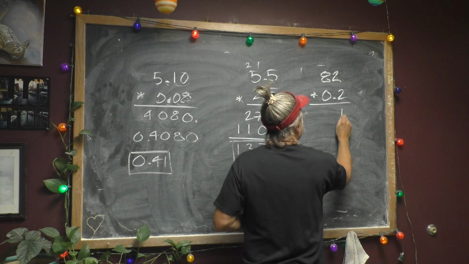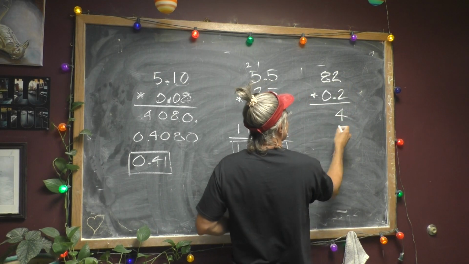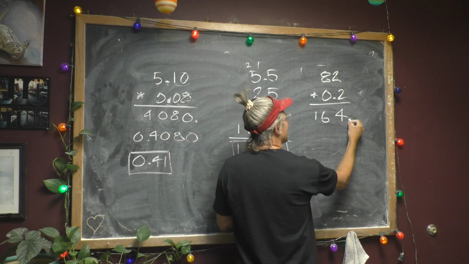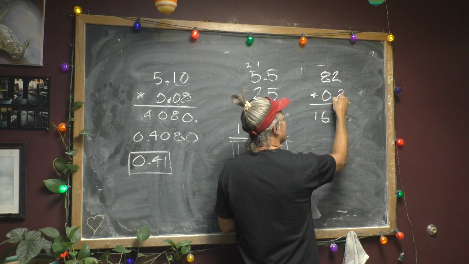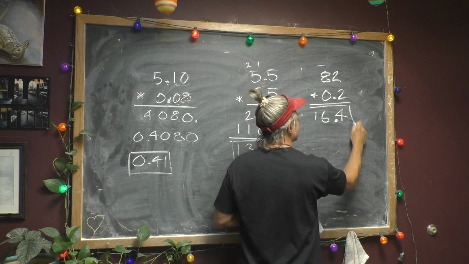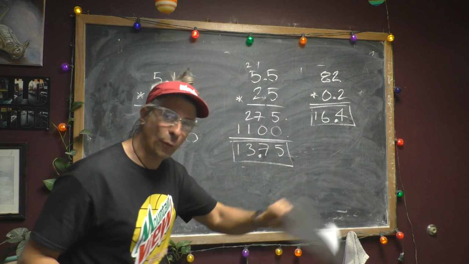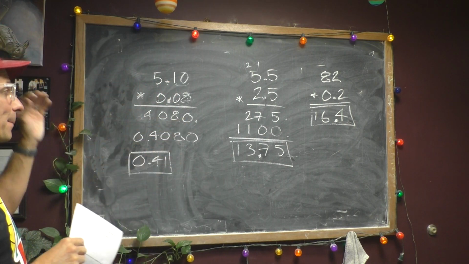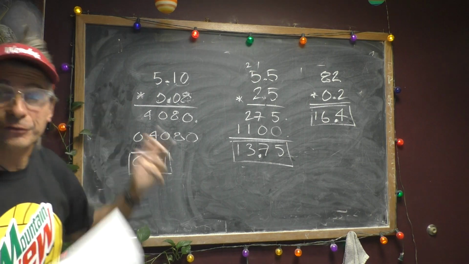2 times 2 is 4. 2 times 8 is 16. That's 164. But it's not 164 because that decimal is assumed to be over here. This decimal makes it 10 times smaller, so it's going to be 16.4. So the reason you ignore the decimal and then bring it back is, you don't have to, but the